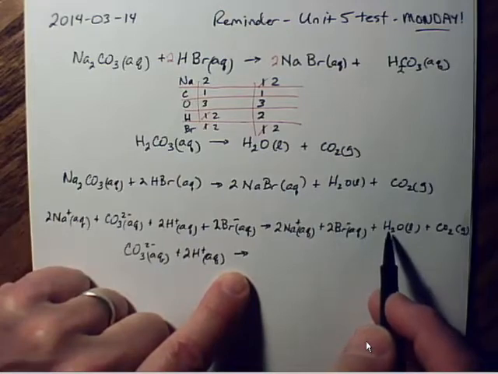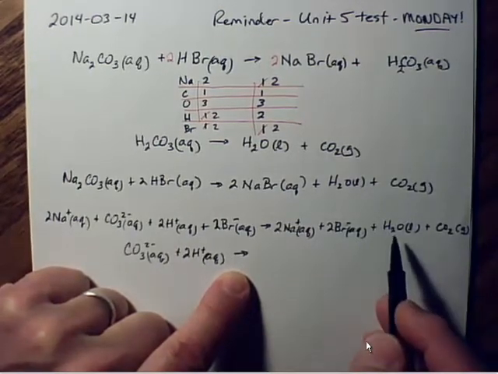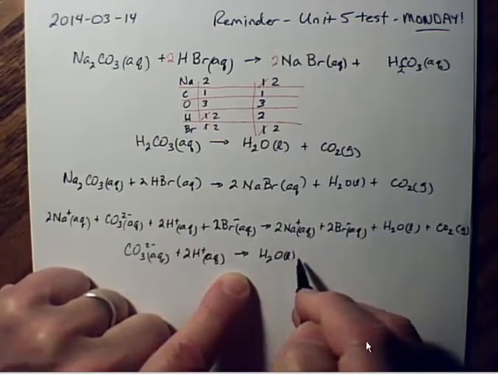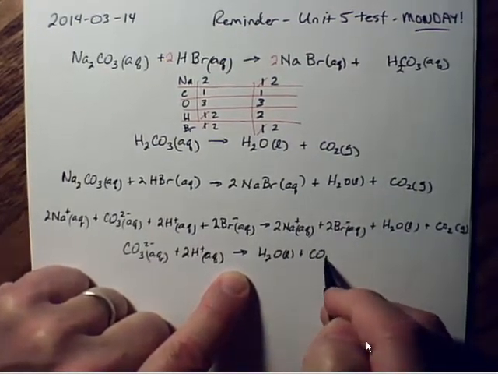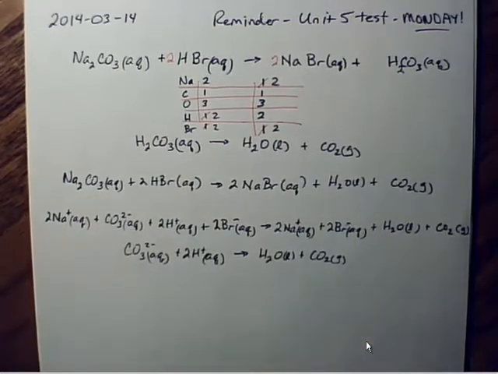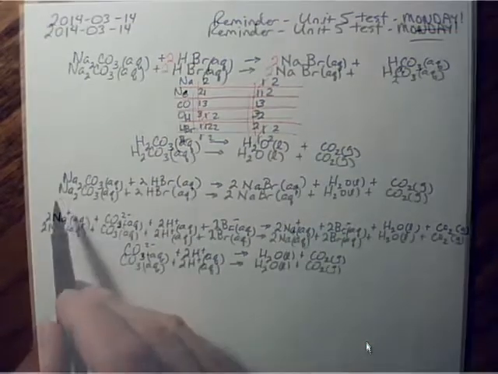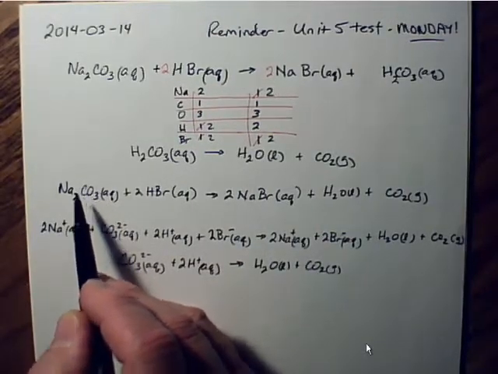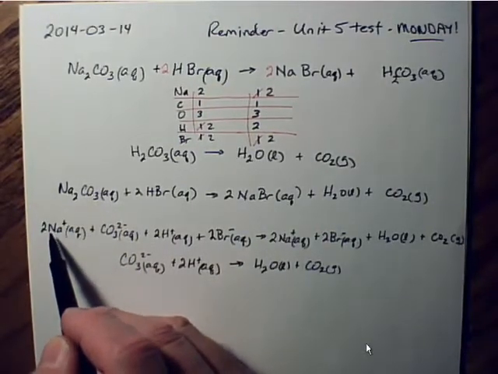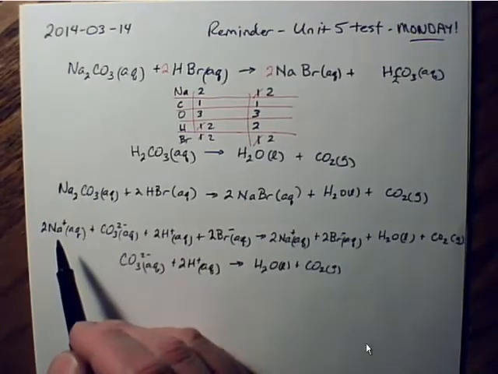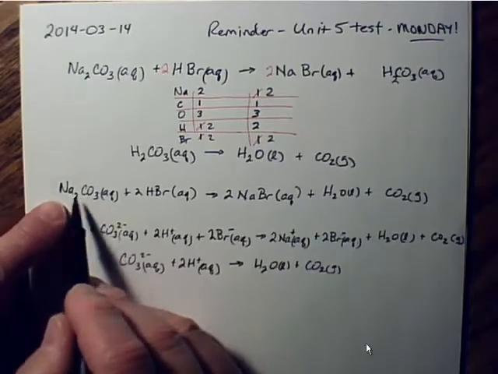And then the only thing that we have over on this side that has changed is the water and the CO2. Okay, and there's your net ionic equation. We bonded 2 sodiums to 1 carbonate, so when we break all that apart, we have to break it apart into 2 sodiums. I like to think about it like this, that when we're first balancing this